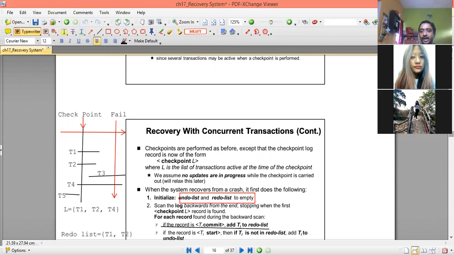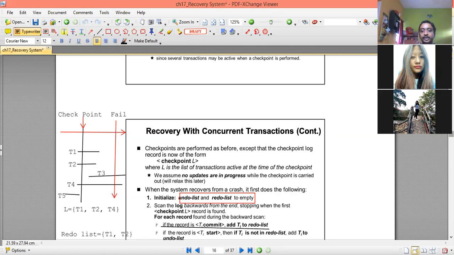The recovery can be done using checkpoint mechanisms where checkpoint start will hold the value of the active transactions at that point. It will also use two lists. One is the undo list and another is the redo list of all the transactions which need to be undone or redone respectively.